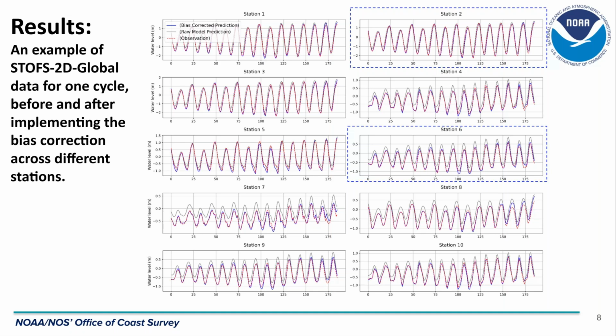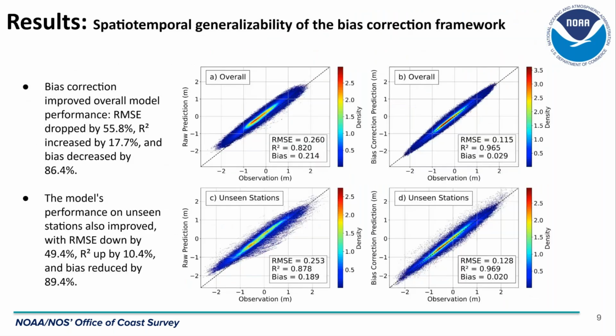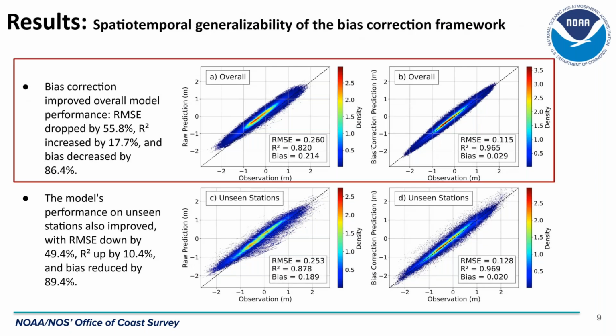So this is just an example, but to understand the performance of the model at different stations and in general, first we look at the overall performance of the model. When I say overall, I mean looking into the entire 20 stations. Subplot A is before bias correction and subplot B is after bias correction. So we can see we improved the overall model performance. Root mean square error dropped by more than 55%, and R square increased by more than 17%, and we